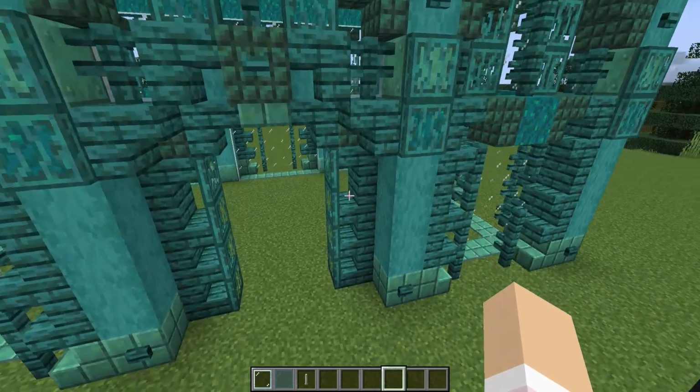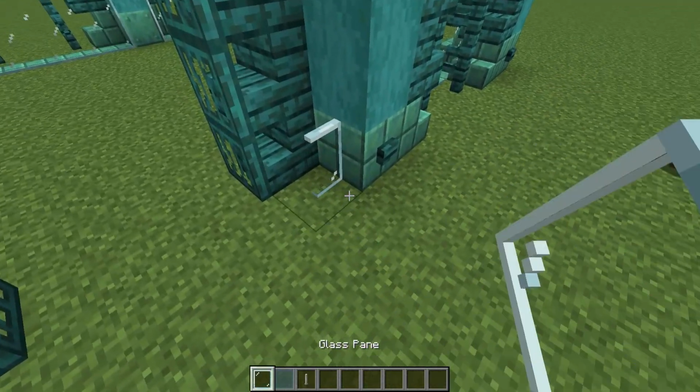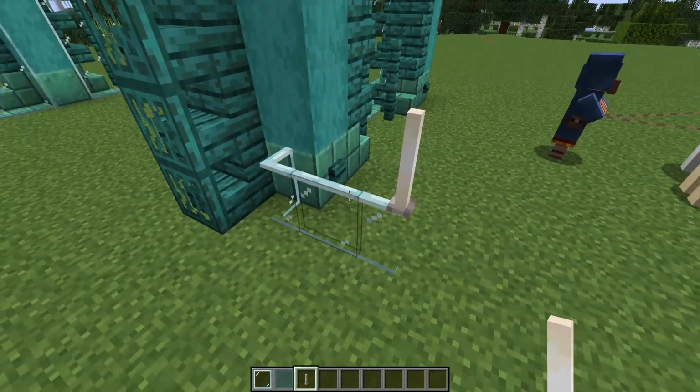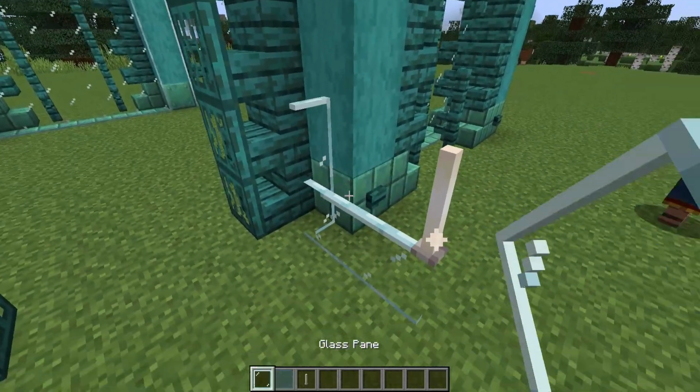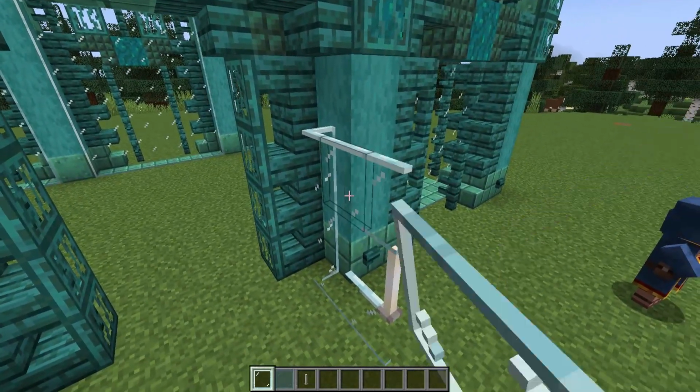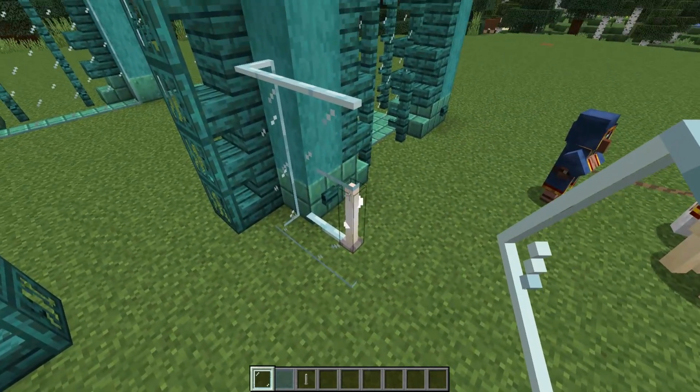I also want to create a glass doorway for the front of this build, and for this I'll be using some panes and some end rods. The end rods will make great handles for the door. Now if you don't have access to end rods, that's totally fine. You can substitute this for something like a chain, but I really like the subtle glow an end rod adds